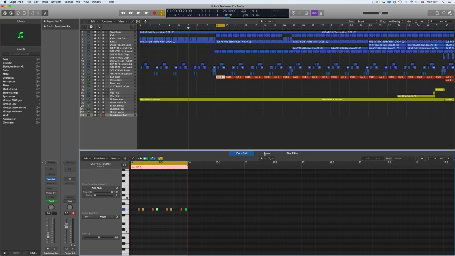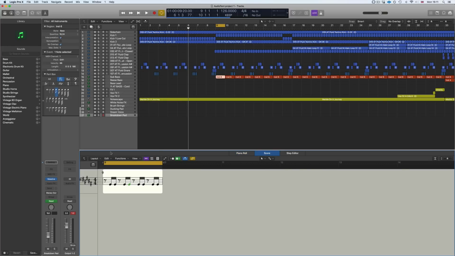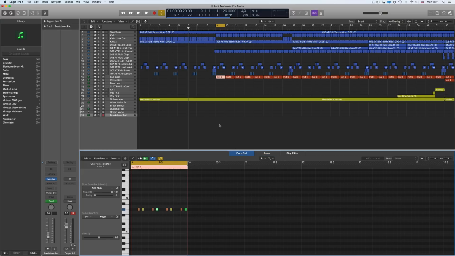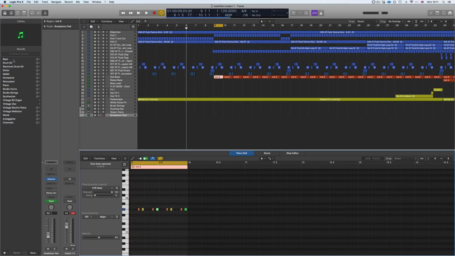So with Logic, we've got extras such as the score editor, which is a nice way of editing if you have a musical background. It's also quite nicely geared towards composition for TV and film, just because of how easy it is to sync up the audio to the visuals, and also because you have a very comprehensive sound library straight from the get-go just by downloading Logic, and you don't have to download any extras. So it's definitely enough to be doing things such as TV and film composition.